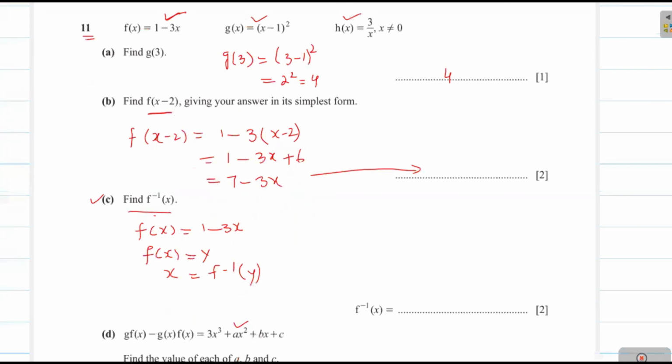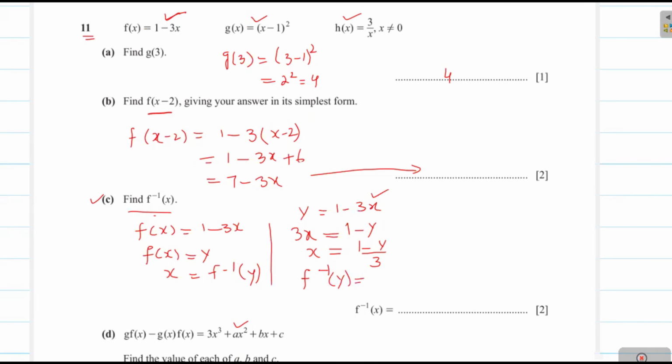Now we substitute the value f of x equal to y, therefore y will be equal to 1 minus 3x. If we make x the subject, we can find the inverse of this function. Now you see here we can write it as 1 minus y equal to 3x. Therefore, x will be equal to 1 minus y over 3, and x is equal to f inverse of